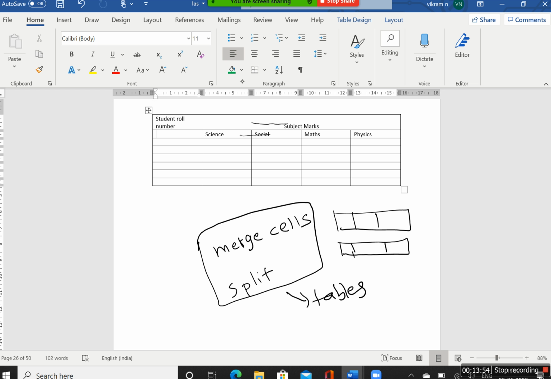So here as well, I can type the roll number 01, in science 67, 56. For roll number 2, I have marks like this. Roll number 3.